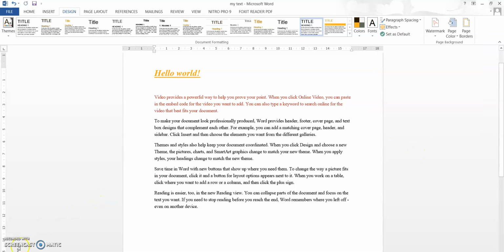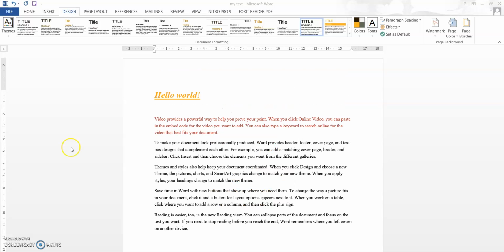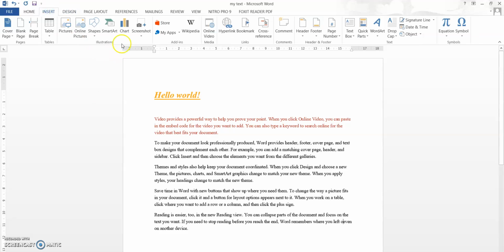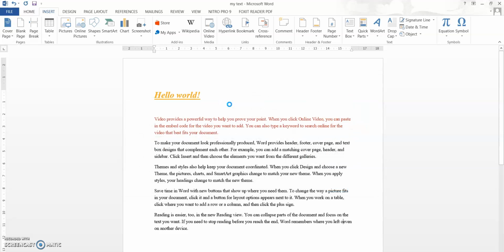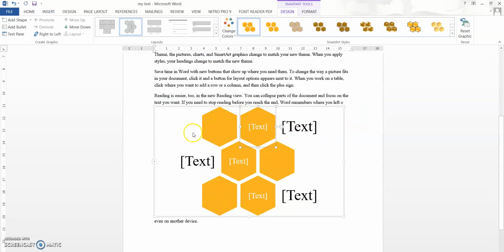Let me add a smart art and show you. How to add a smart art? Recall the lectures that we have completed until now. You have to go to the insert tab, and in the insert tab there is a smart art. Now let me apply this smart art. That smart art is added with the exact theme. When we add the smart art, you can see that